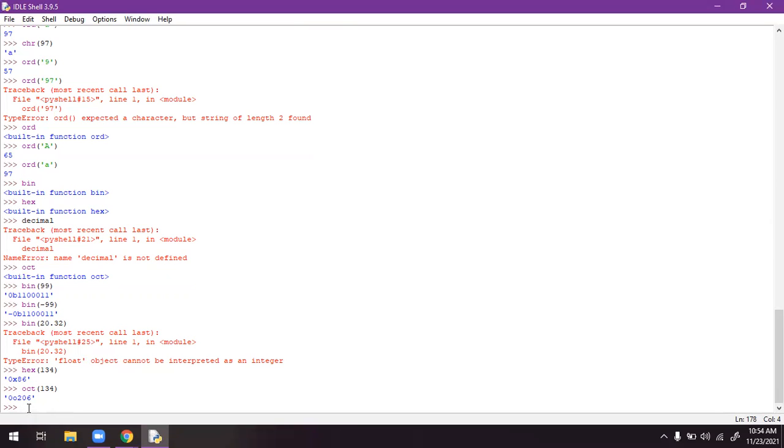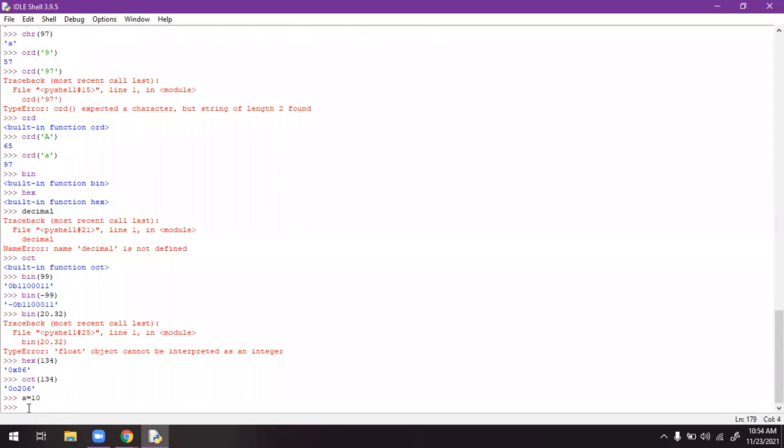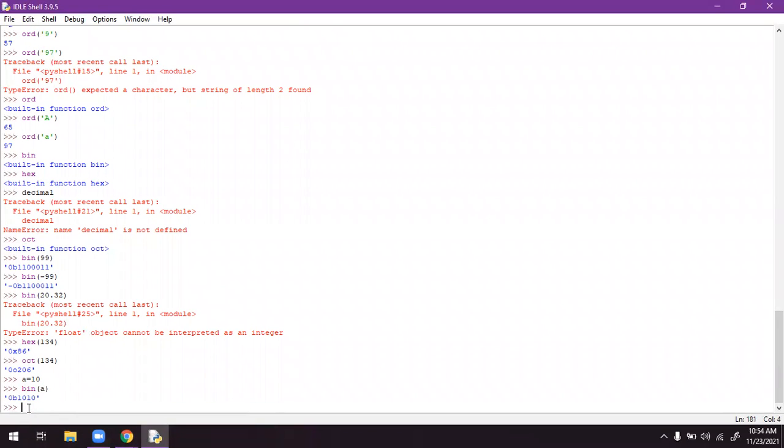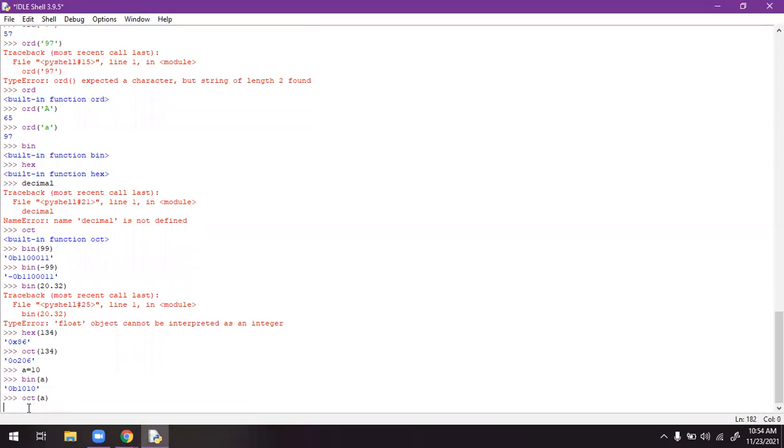We can compare the numbers, or else we can write like this also: a equals to 10, binary of a, octal of a.